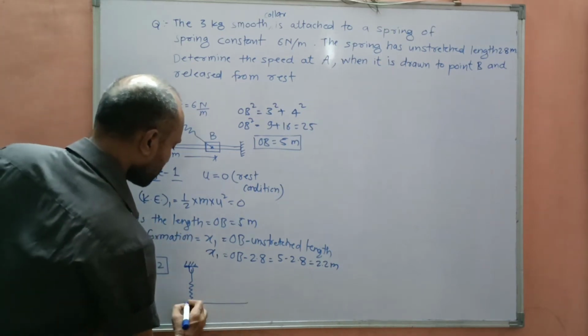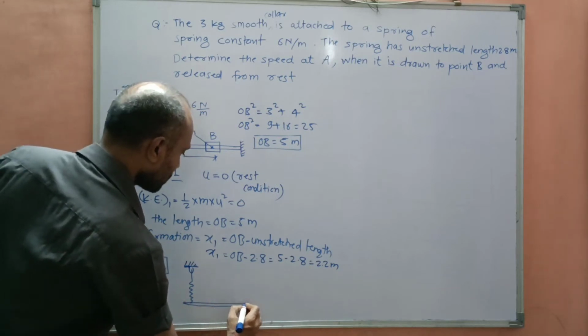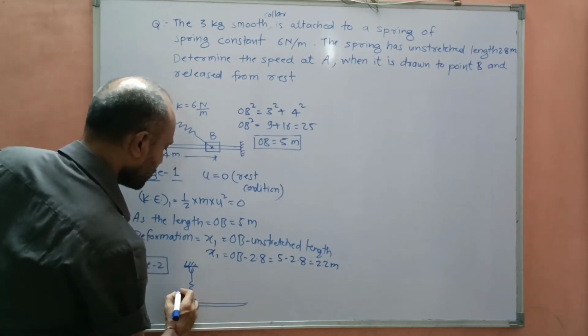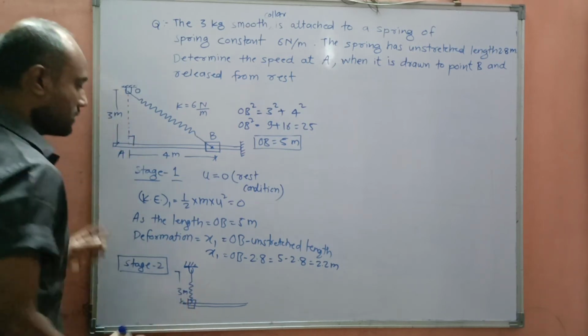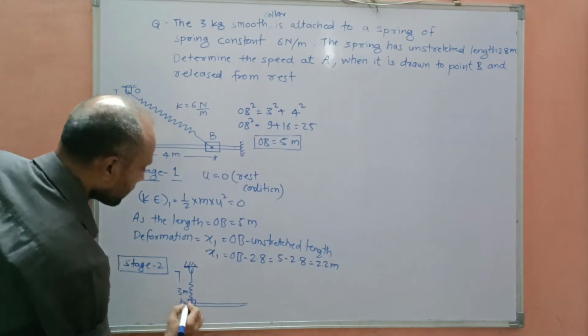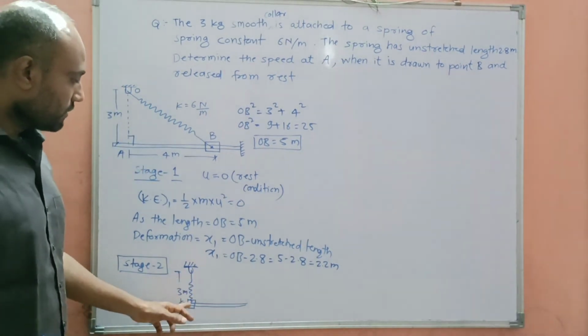This is the given rod, and the collar will be over here, and it is the length of the collar. This is the length of the spring, the length of the spring when it is reaching point A. So when it will reach point A,